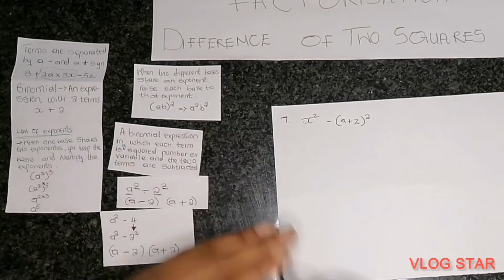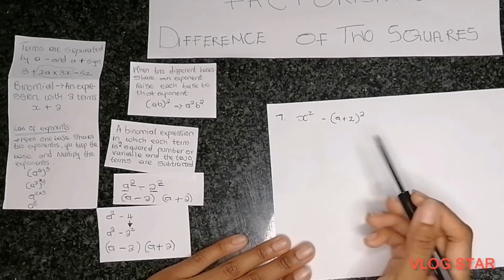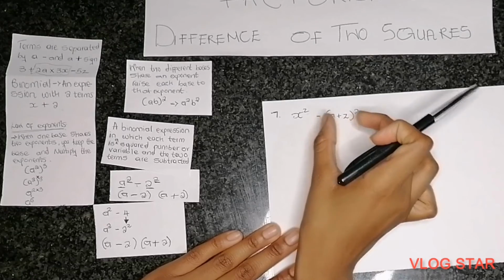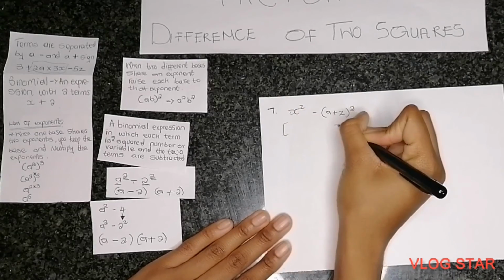So you're just going to check, is this a binomial? Yes, it is a binomial. Why am I saying it is a binomial? Because this bracket just shows us that this is one term. So you're just going to open your two brackets,